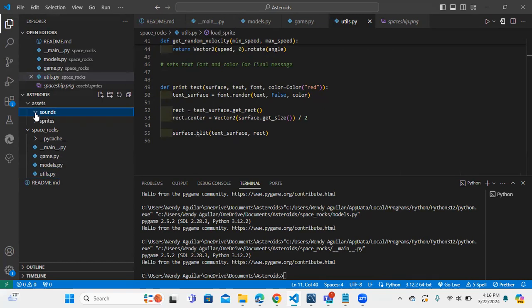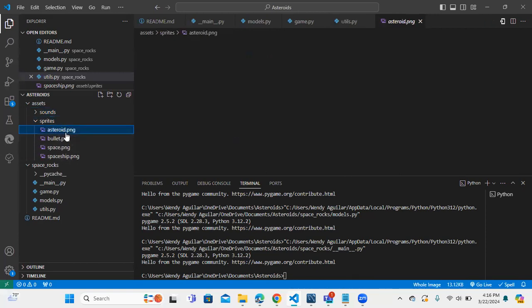But just to show you where that sound is saved, it's saved there. And then the images themselves are displayed there. So for an asteroid, for a bullet, for space, and then a spaceship. And I got all of these from Google. Just pretty basic images. That way they can be used,